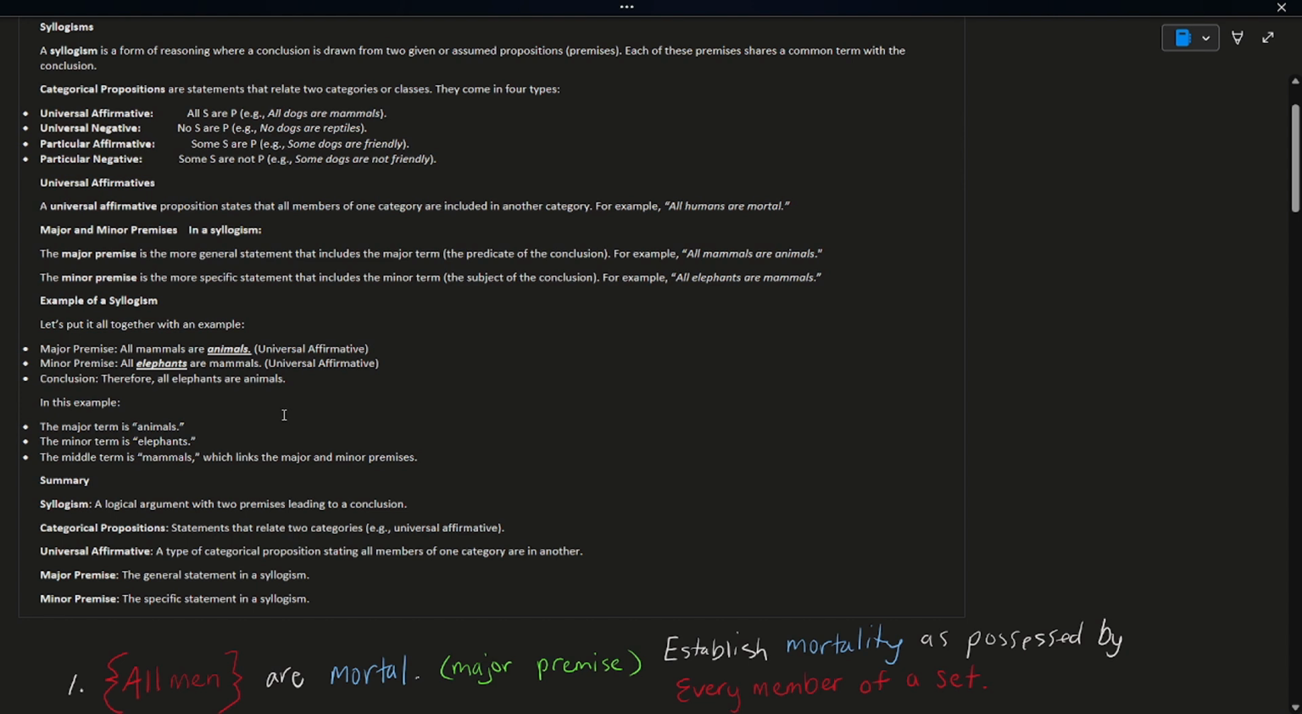The middle term is going to be mammals, which links the major and minor premises. How do you even say that? All right, summary. Syllogism: it's a logical argument with two premises